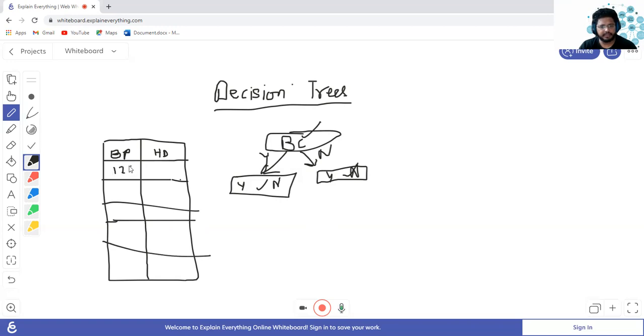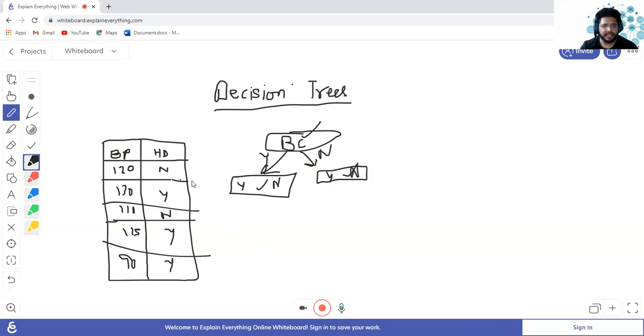I'm just giving the upper portion: 120, 130, 110, 115, 90. Okay, so like this, and then this one has no heart disease, this one has heart disease, or no heart disease, this one has heart disease, this one has heart disease. So how do I apply decision trees onto this kind of data? These are numerical data, right? So this is not categorical or binomial data.